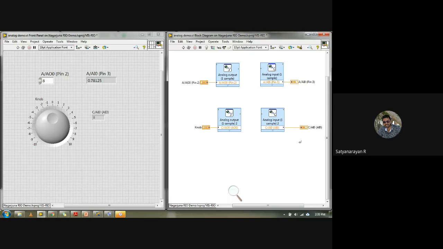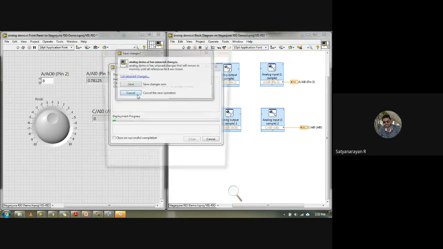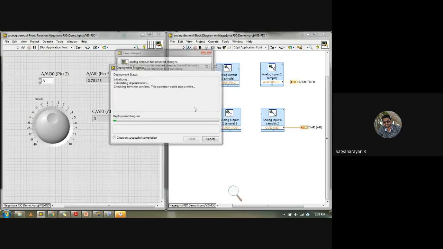Once it has reached the maximum temperature, it has to come back to the minimum, then go to the negative values. Correct. So now we'll just check accordingly. Right now, I'll just run continuously.